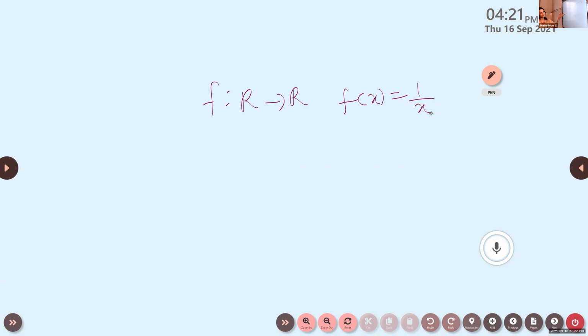Will it be a function first of all? Are you thinking more about that? Will it be a function? What is f of 0? It's not defined. Okay, the function is not defined at 0. So we can't say it is a function itself, as we are not able to define it at all values. Suppose it is like this, R minus 0 here and R minus 0 there, then it will become 1, 1 and onto. Okay, from real numbers minus 0. Why? 1 by 0 becomes infinity, which is not defined.